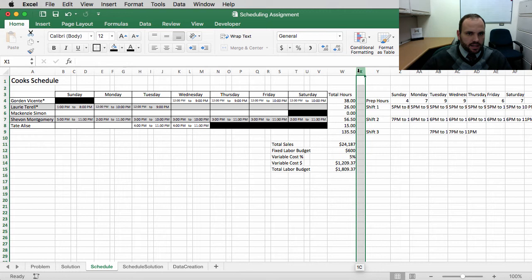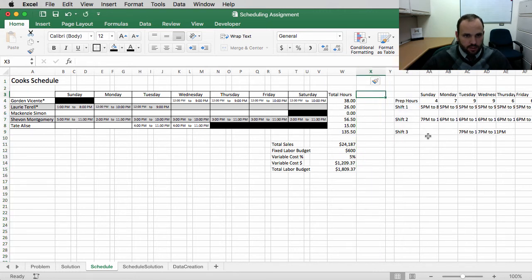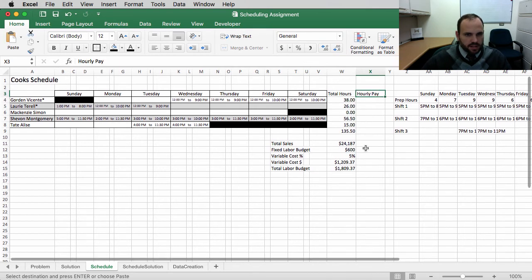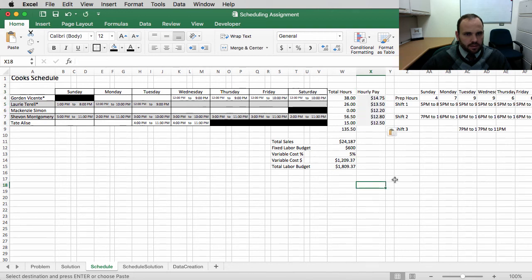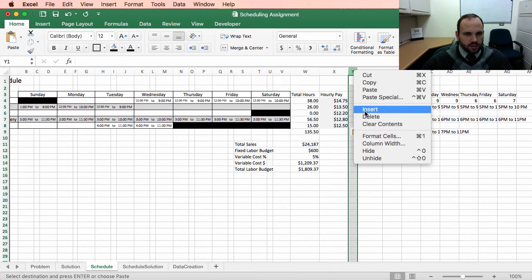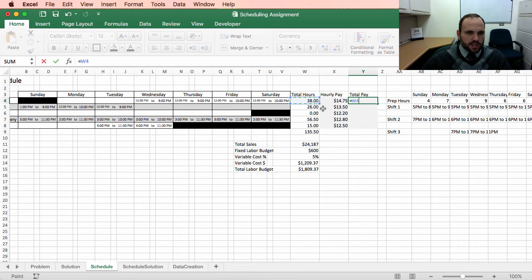So let's go ahead and insert in here a column, and we'll put hourly pay. Okay, and we'll go ahead and paste our hourly pay here. Okay, and next thing we're going to do, we can insert one more column, and we can put total pay, total compensation, something like that, which will just be the $38 multiplied by the